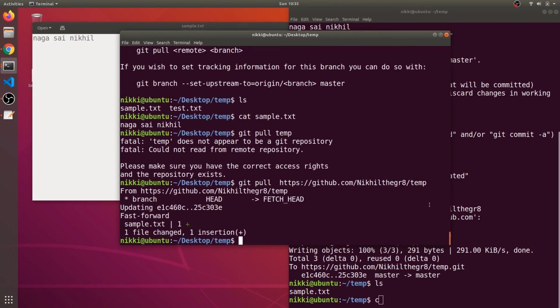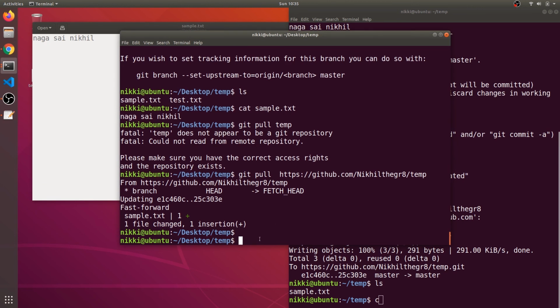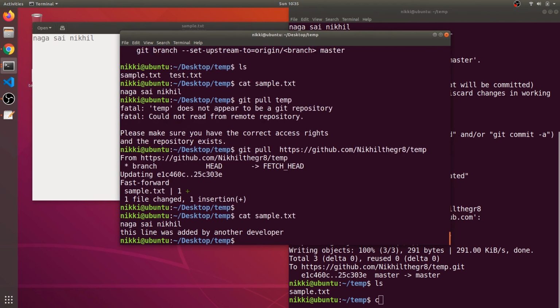So you need to specify the repository link. I forgot that one. You can see now if you type cat sample.txt, now you can see there are two lines.